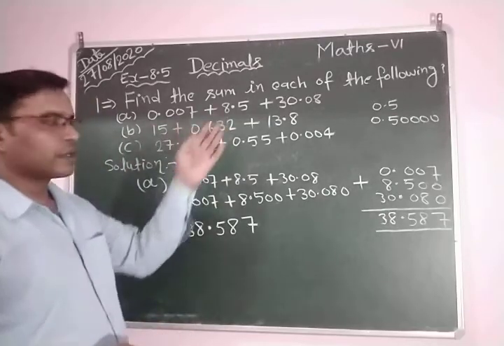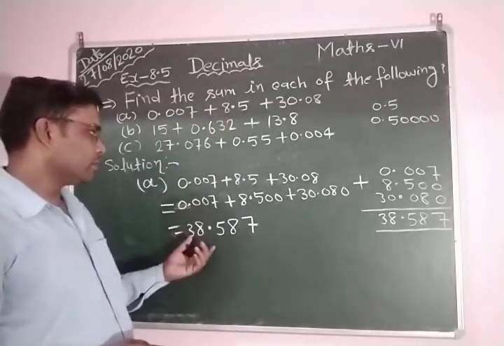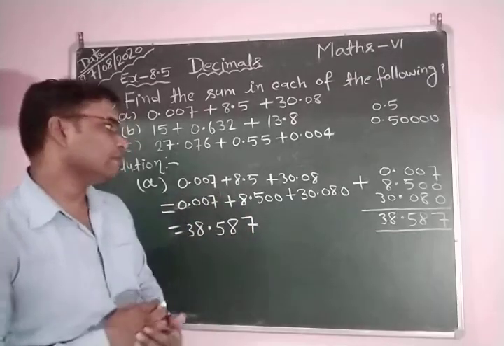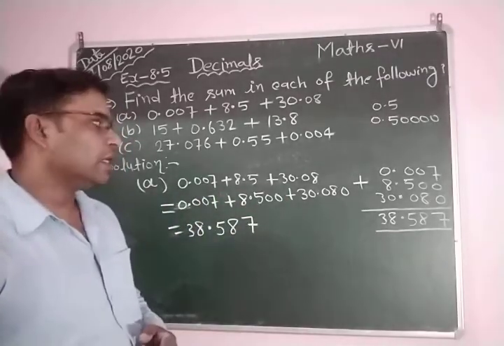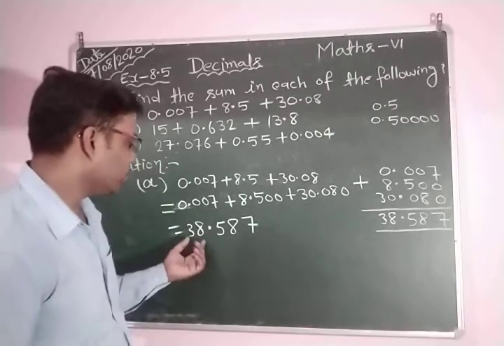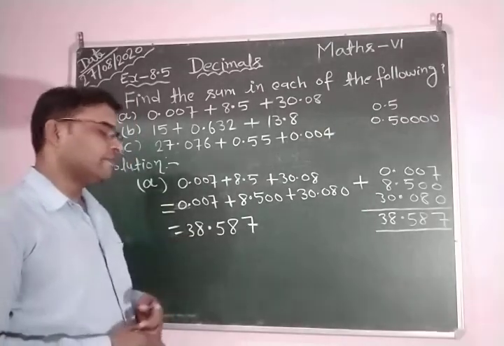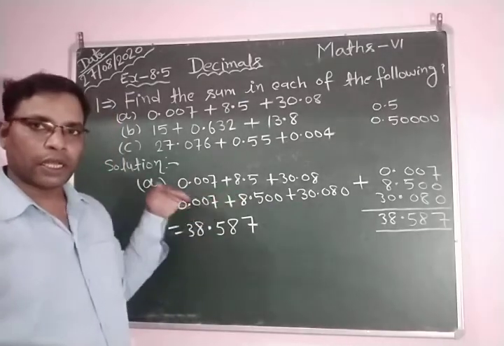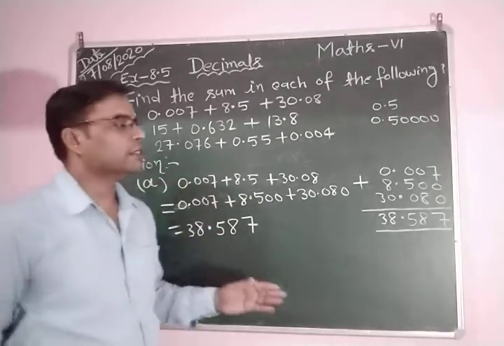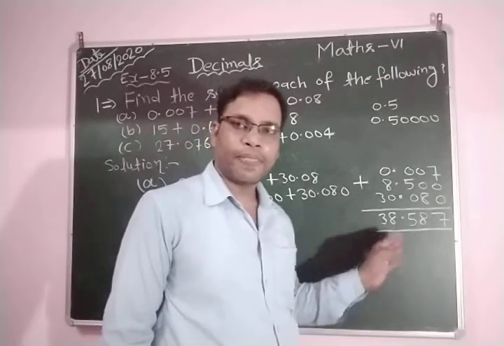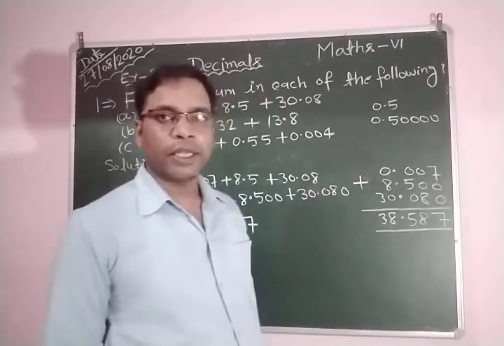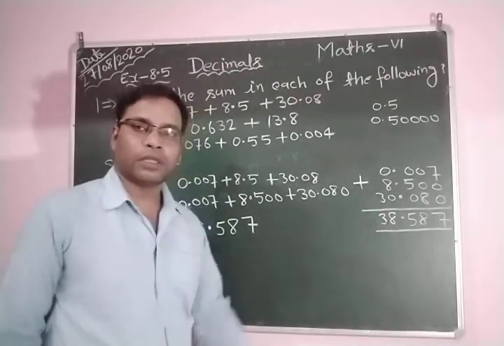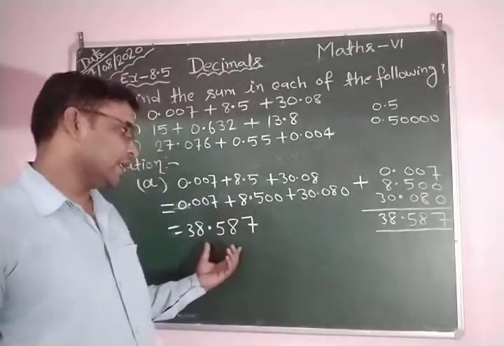decimal expression. This is equal to the sum of 0.007 plus 8.5 plus 30.08. This is equal to 38.587. This is the horizontal method, or you can say the row method. This is the column method, or you can say the vertical method. It depends on you how to add them. The answer of both methods is right,